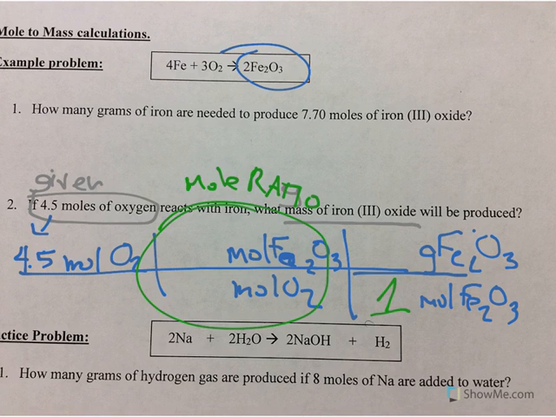So for the mole ratio, I look at the coefficients. Next to Fe2O3, I have a 2. Next to O2, I have a 3. And then grams always gets molar mass. So we need the molar mass of Fe2O3. Okay, so we're going to take 2 irons plus 3 oxygens, and that's going to get me